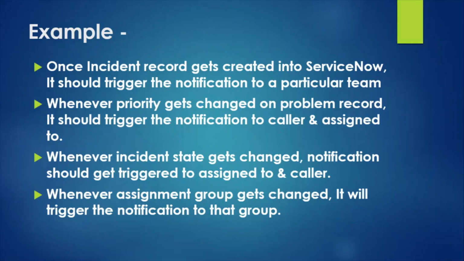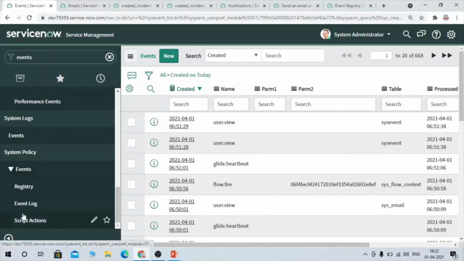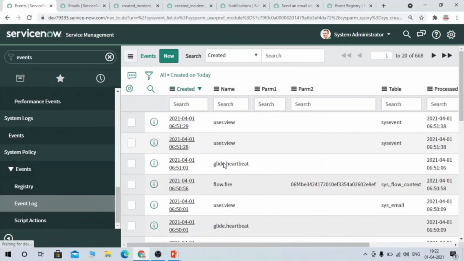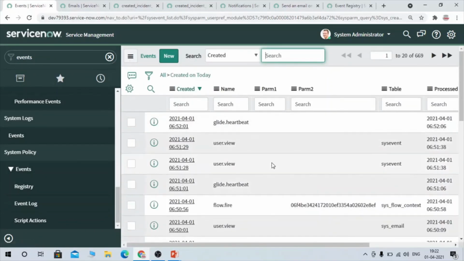Now you are able to send a notification through event. And I want to let you know one more important point which I forgot to add. You have the event log also. You can check the event log, like what all you have triggered as part of event, so you would be able to see whether that event has got triggered or not. And here you have param 1 and param 2, so you can check whether whatever param 1 and param 2 you have passed are reflecting correctly here or not. So you can refer to this event log and you can check all this information.